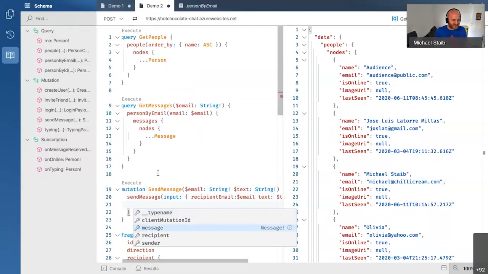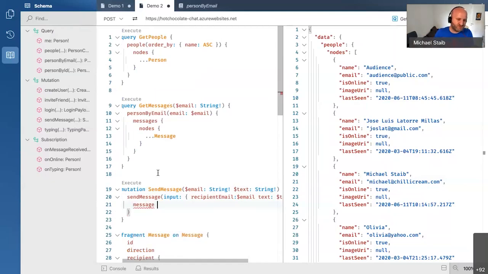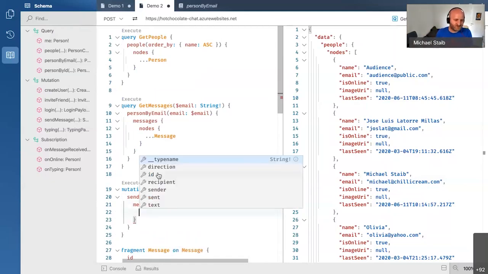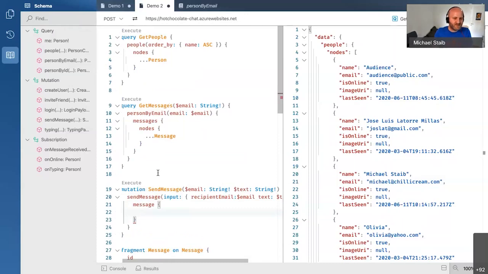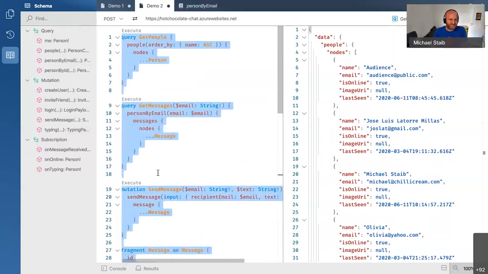Okay, so a mutation always returns the changed state of the server. What you change on the server will be returned. In that case, we are returning the message, the created object. We're also returning the recipient and the sender, because their state has also changed, because their messages property now has a new message in there. For our use case, we just need the message that is produced, because we want the message with all its IDs. And then we just say, okay, that's also a message in the way we want it. Okay, let's grab that,